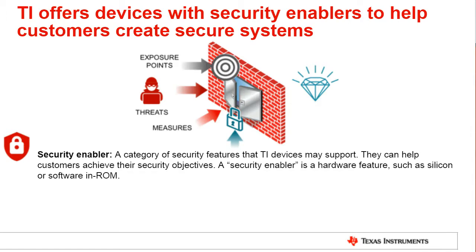Here, when we say security enabler, we're referring to a hardware-based feature. So it's usually a component of the silicon design, but it could also be software that's embedded in the device, like embedded in ROM. So a couple examples, just so you can think a little bit about what this means for devices you've worked with in the past. It could be hardware encryption engines or hardware accelerators. It could also be something like secure storage, or even something like separate execution environments. All of those are features of the silicon that can enable security.